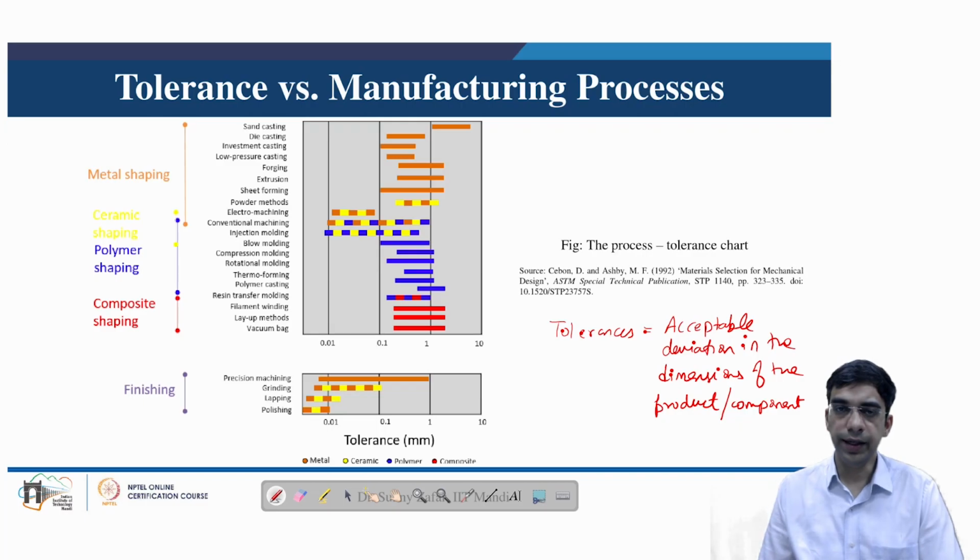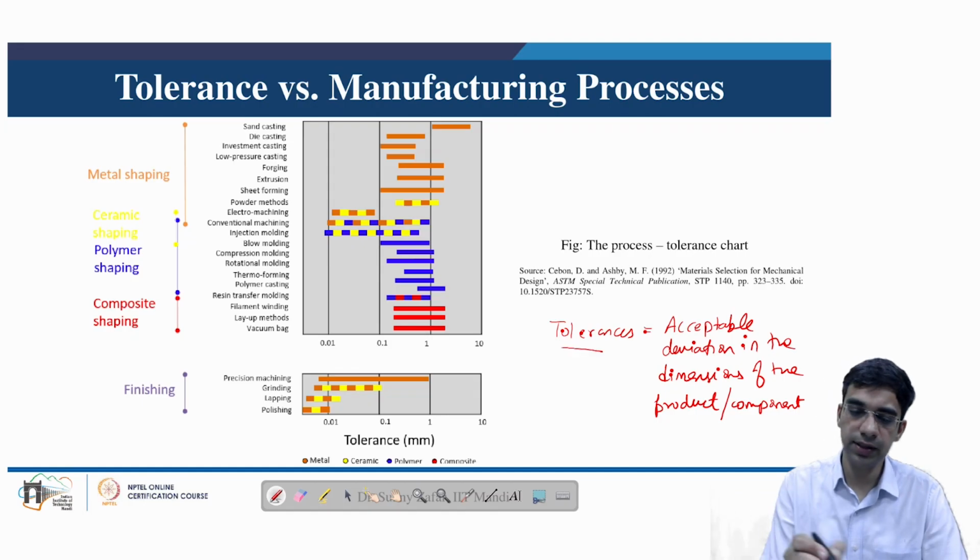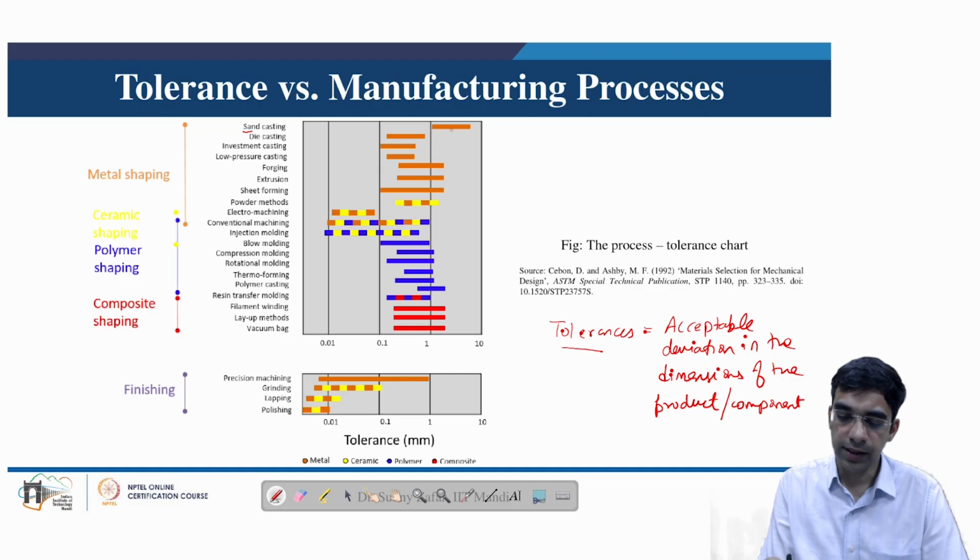Acceptable means in any manufacturing process it is practically impossible to produce the exact same dimension every time. So there will always be certain variation in the dimension of the product, and that acceptable range of deviation is known as the tolerance. Certain processes, for example sand casting, can have very high tolerances, of the order of 1 to 10